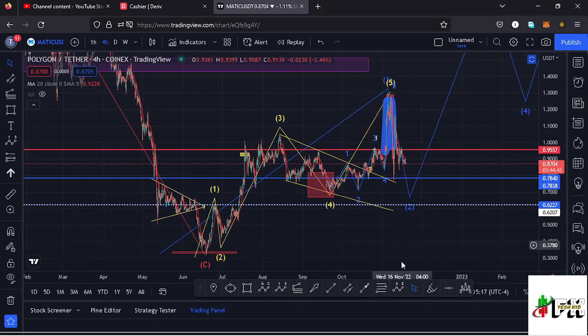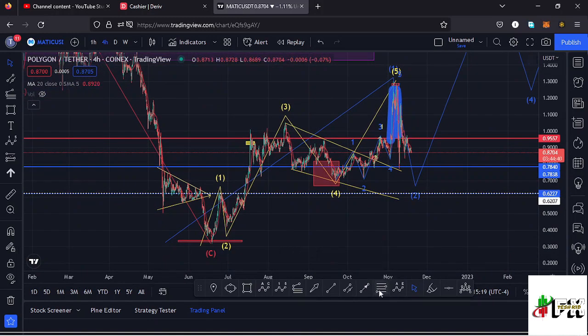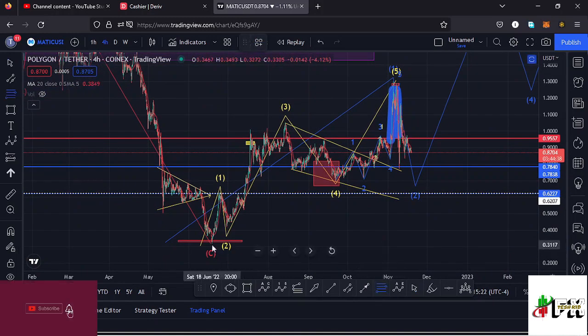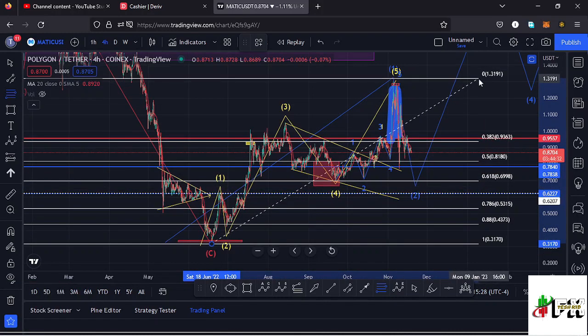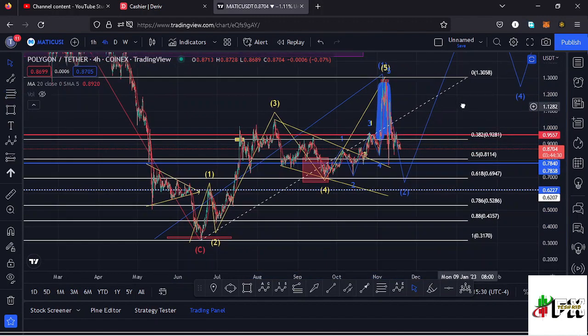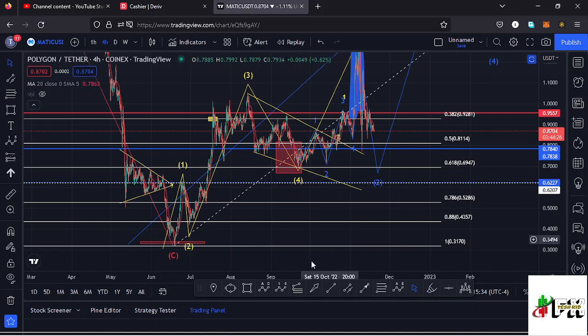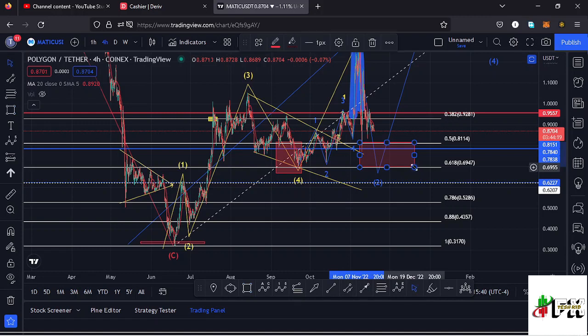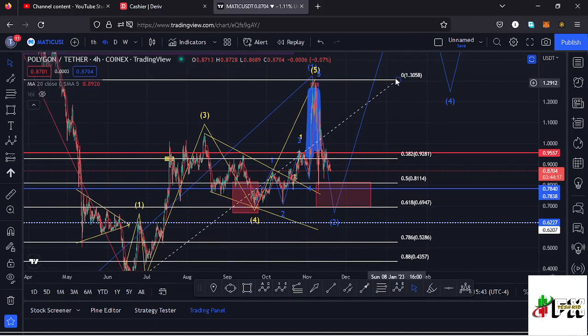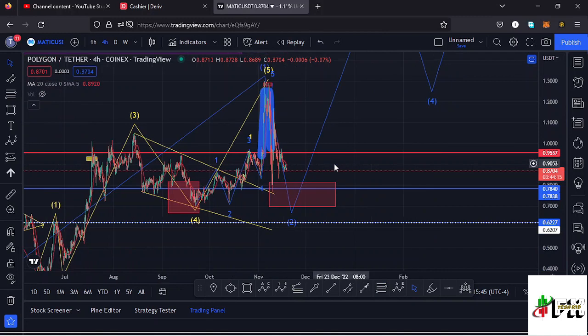And using the Fibonacci's, we can sketch out a minimum target area to the lower side in the formation of that higher Elliott wave count 2 by connecting the Fibonacci's from the low of that first wave to the high of that wave 1. That gives me a minimum retracement area between the fib level 0.5 and the fib level 0.618, and I can mark that target area here on the charts, which perfectly lies between the $0.81 mark and the $0.69 mark. And you can see at some point we had retraced into that target area,